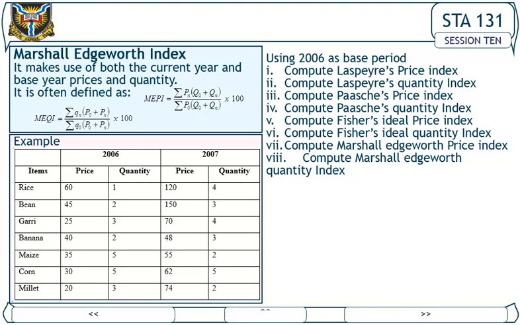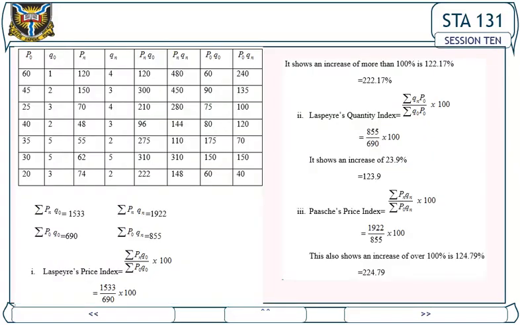Example: using 2006 as base period. 1. Compute Laspeyres price index. 2. Compute Laspeyres quantity index. 3. Compute Paasche price index. 4. Compute Paasche quantity index. 5. Compute Fisher's Ideal Price Index. 6. Compute Fisher's Ideal Quantity Index. 7. Compute Marshall-Edgeworth Price Index. 8. Compute Marshall-Edgeworth Quantity Index. Solution: